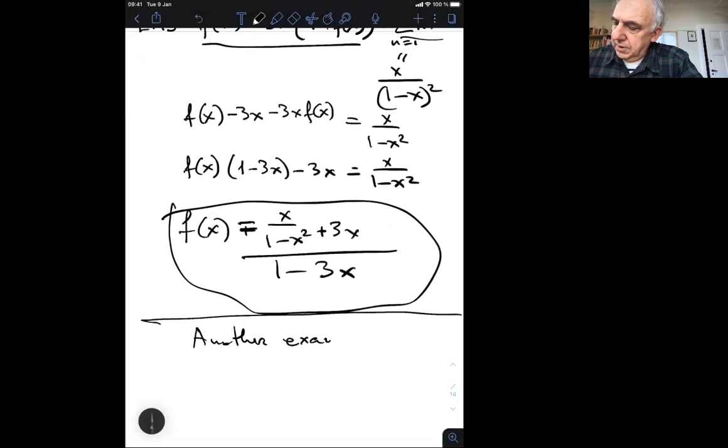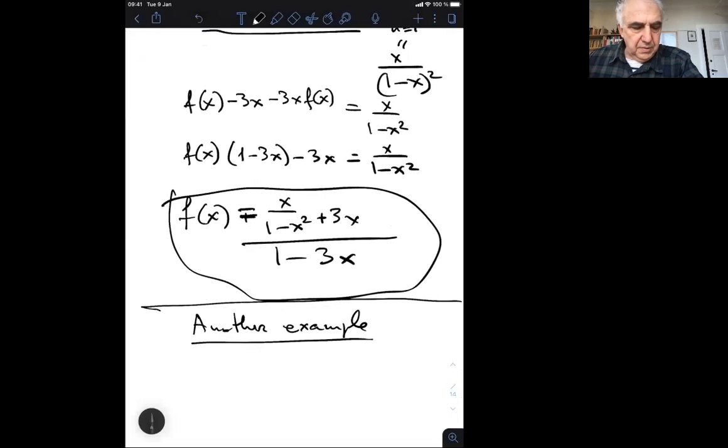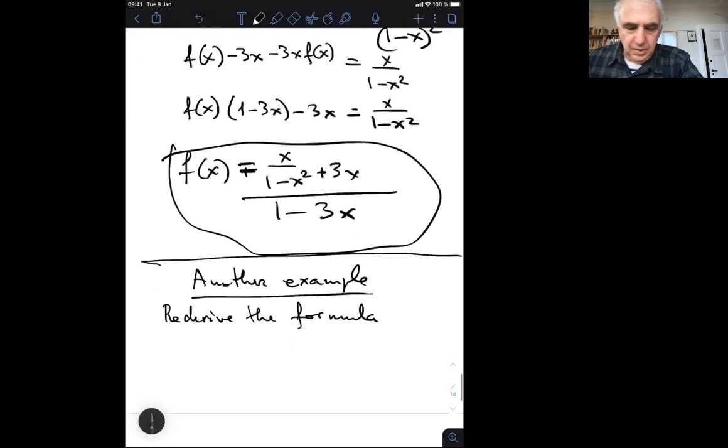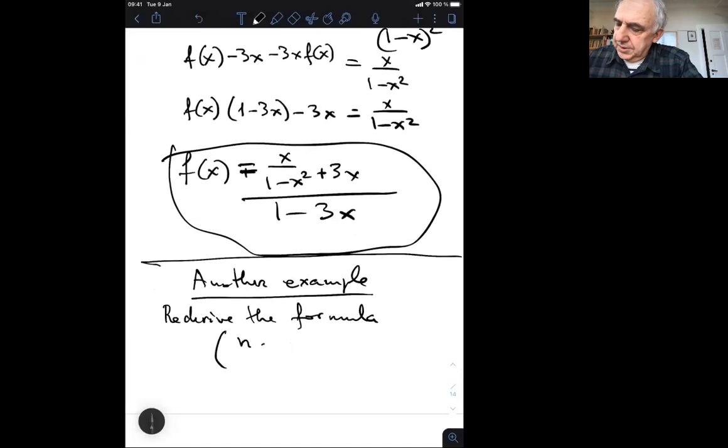I think it's quite an illuminating example. It is to rederive the formula n plus r minus 1, choose r,